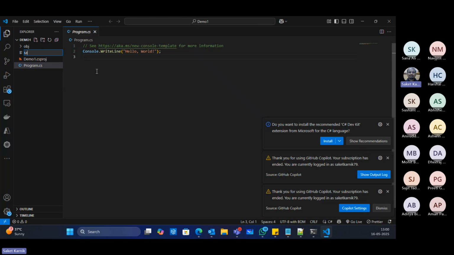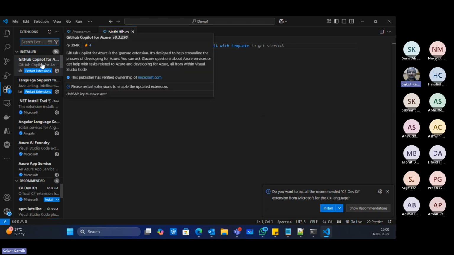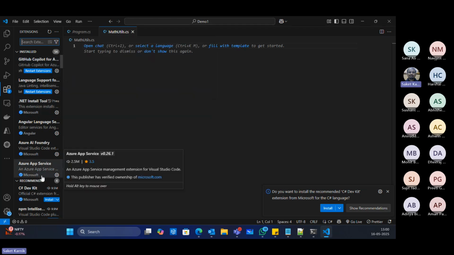Let's say I name this mathUtil.cs. It's a C# project which I have created. And see, VS Code by default gives me this prompt. For this, I need to have the GitHub Copilot extension installed first of all.